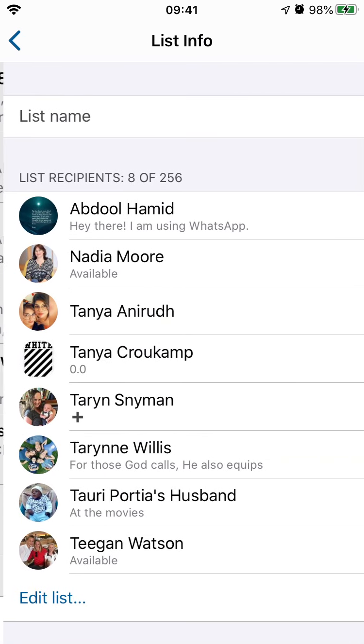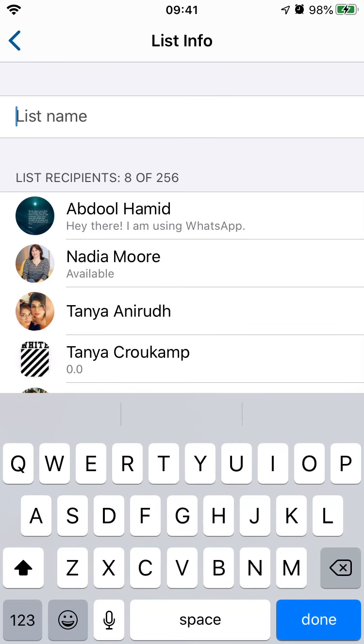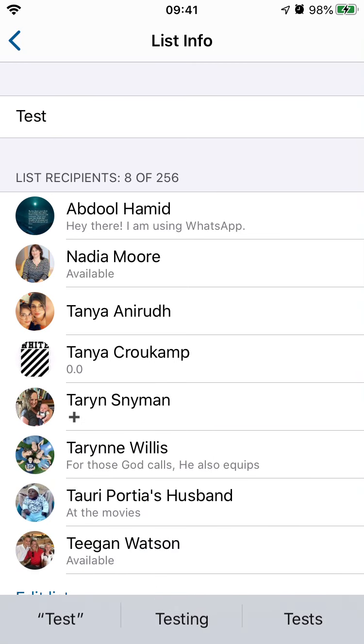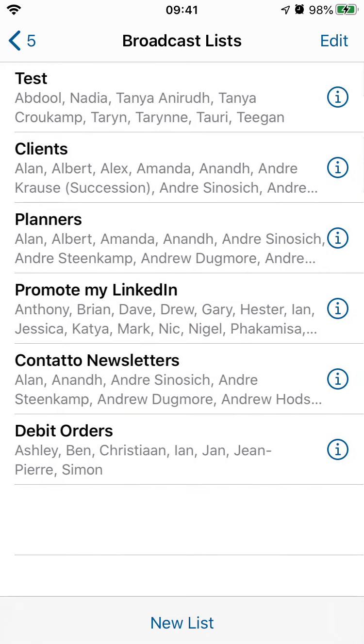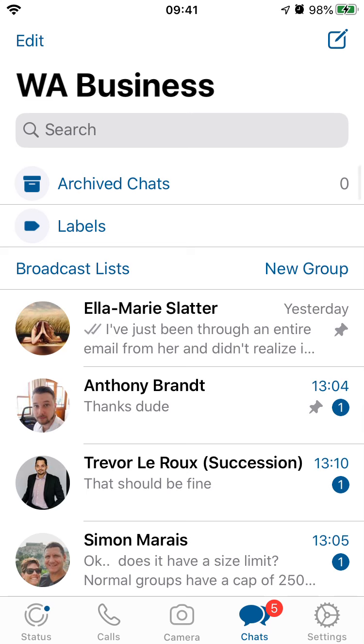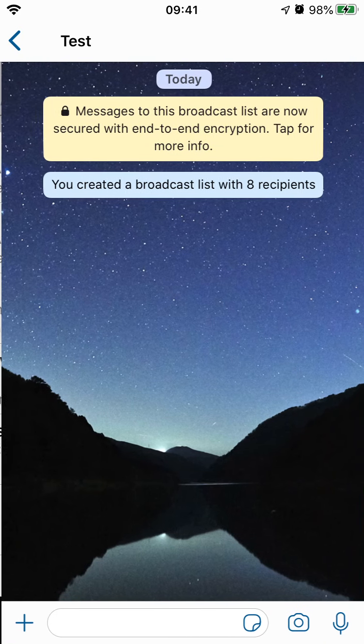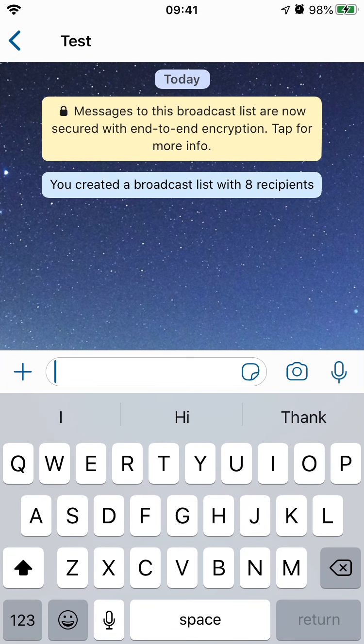You'll then need to click on the i next to that and then type in a list name, which you can obviously do via product, via type of client, whatever segmentation you'd like to use. Being limited to 256 names, you will most likely need to create multiple groups, but that is essentially how you create a broadcast list that is separate to groups. So again, people will not see other names in there. And when you send out a broadcast message to that list, you'll tap on it, and then you would send it as a normal message,